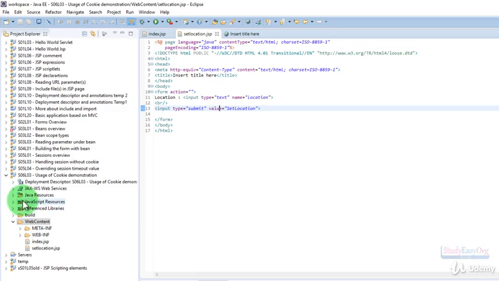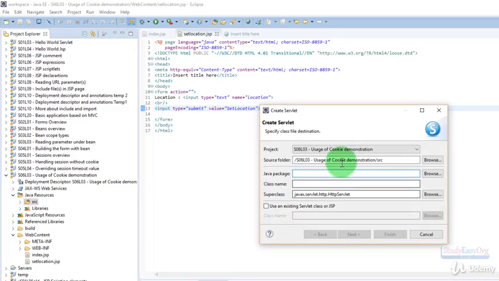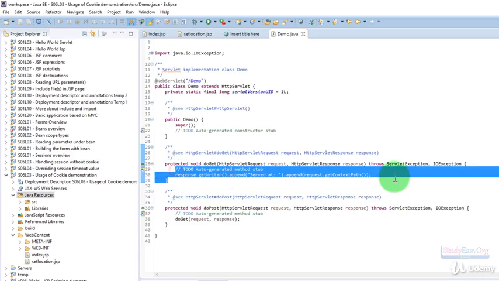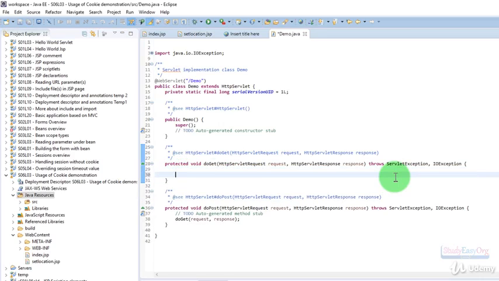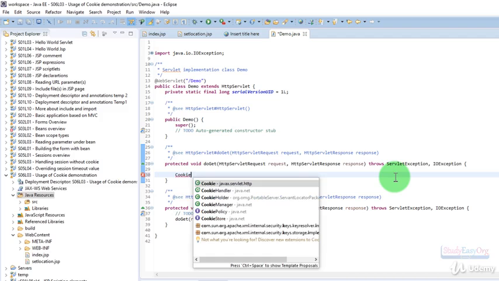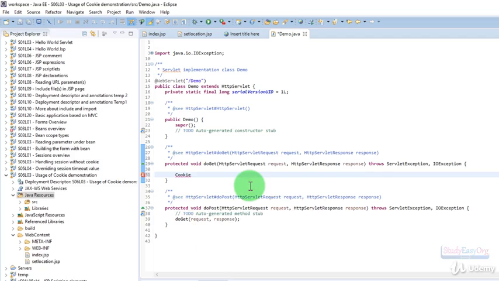Let us code a servlet now, and the name of the servlet would be demo. In here we would require to use the cookie object. So we would type in cookie and use control space for autocomplete, and we would require cookie class from javax.servlet.http package. So we will select this option. The name of the cookie could be like location. So let's keep the name of the cookie as location, and we will